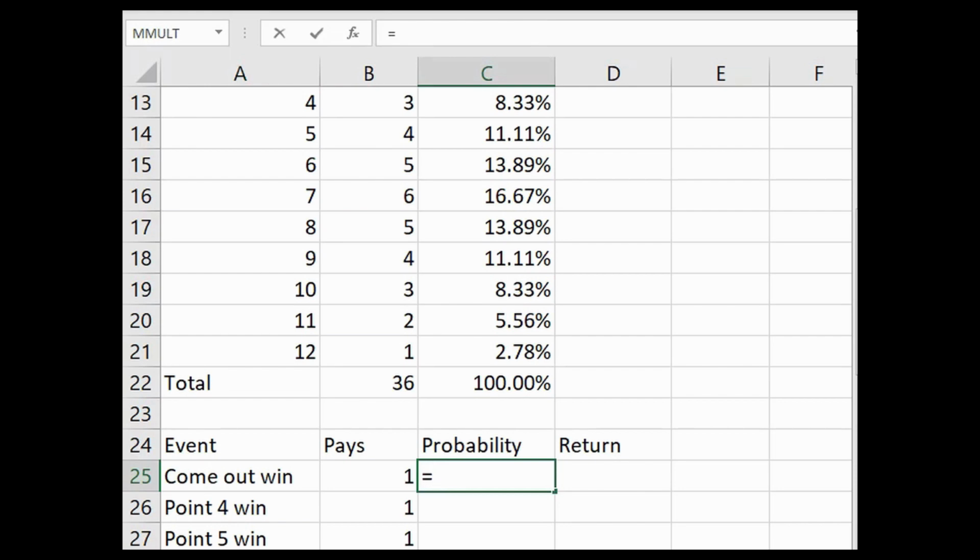So the probability of rolling a total of 7 or 11 is 16.67% plus 5.56%. So a 22.22% probability of winning right off the bat on the come out roll. That was pretty easy. Okay, next, what's the probability of winning the pass bet by establishing a point of 4